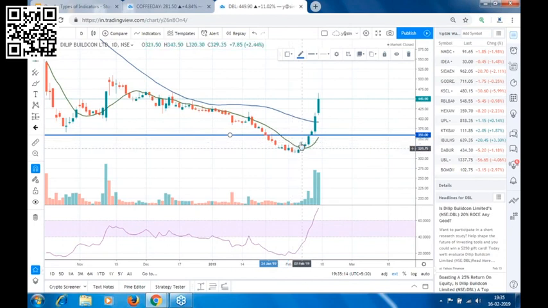Here you can see that this day the stock went above the 10 period moving average. The next day it was taking a support on the 10 period moving average, and after that, on the third day, there was this candle formation. And see the curve the 10 period moving average is making. If you see, when the stock broke this range, this rounded bottom formation, about 360 was our buying, and you can see the rally in the stock. This is your trade from bottom.